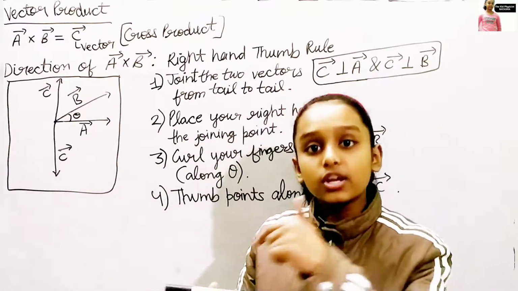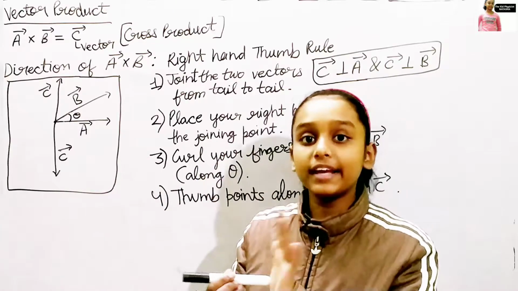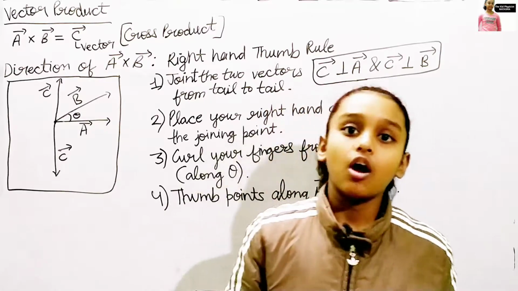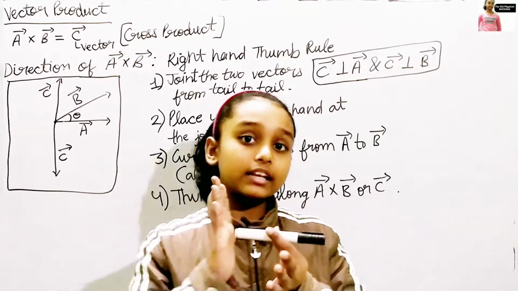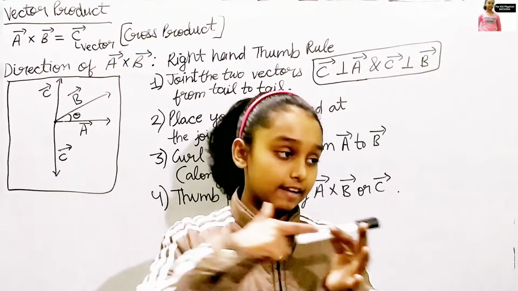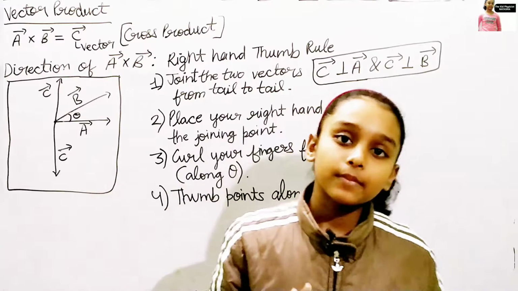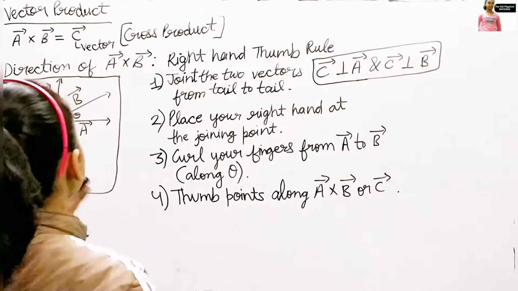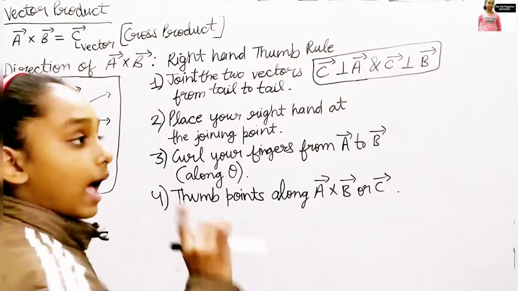So this means that the actual direction of the cross product of those two vectors will be in what? Right direction, or we can also say east. Okay, and if the thumb is pointing in the left direction, this means that it is west. Okay, so wherever our thumb is pointing in any direction, this will be the actual direction.